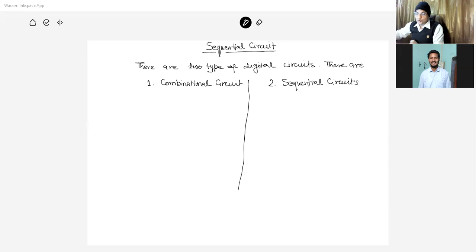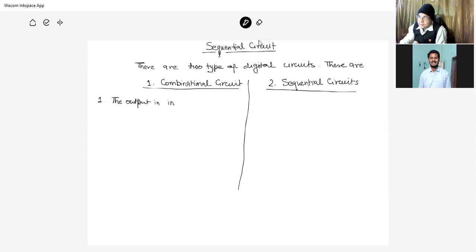You see there are two types of digital circuits: first is the combinational circuit and second is the sequential circuit. Now the difference between this combinational circuit and sequential circuit, the first point is the output. In a combinational circuit, the output is